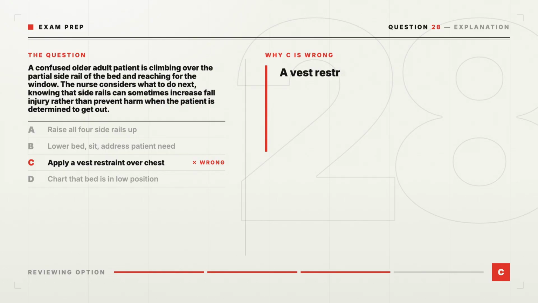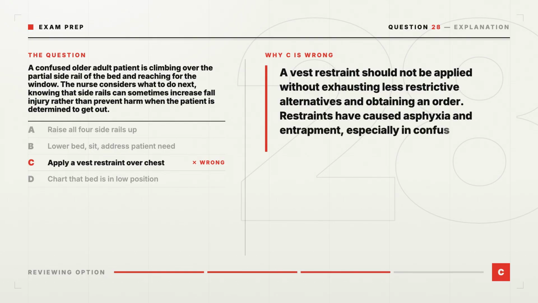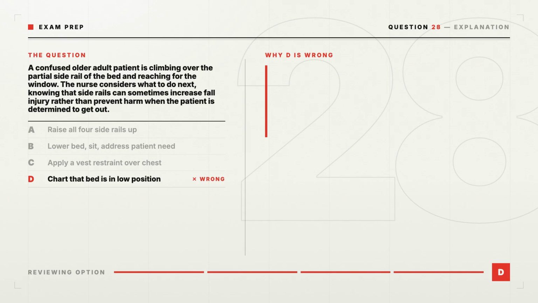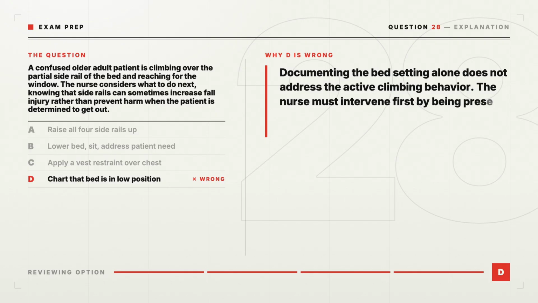C is wrong because a vest restraint should not be applied without exhausting less restrictive alternatives and obtaining an order. Restraints have caused asphyxia and entrapment, especially in confused patients who continue trying to move. D is wrong because documenting the bed setting alone does not address the active climbing behavior. The nurse must intervene first by being present and meeting the underlying need, then chart the action and